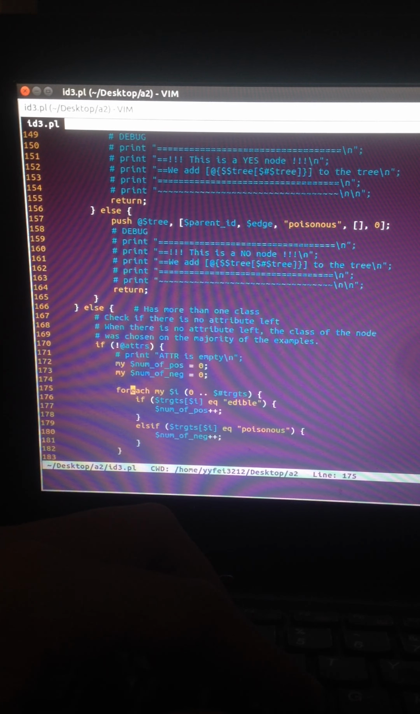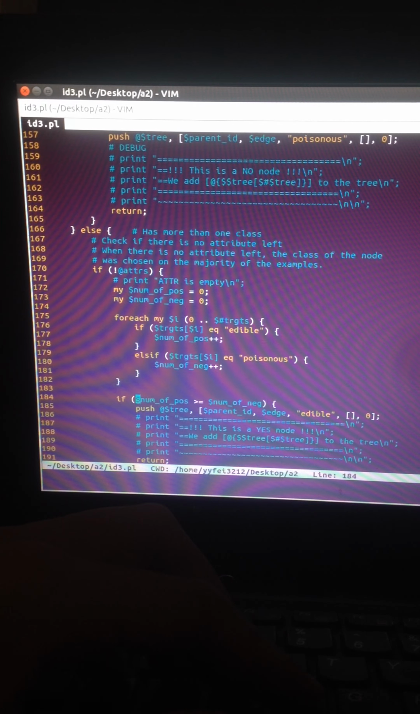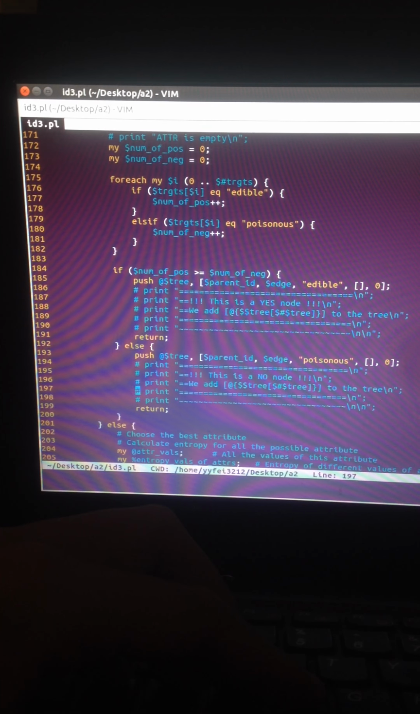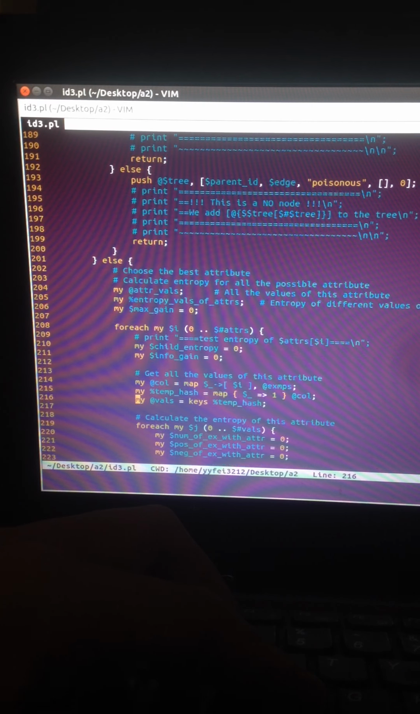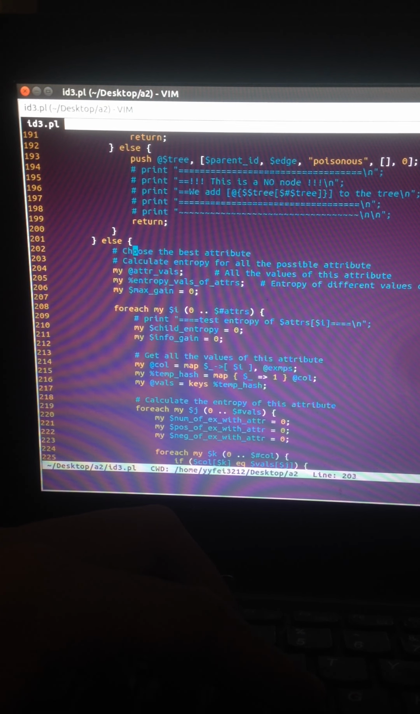And then, if it has more than one class, I need to check if there are no attributes left in the attribute array. If the attribute array is empty, that means we've already reached a leaf node. So I need to check if it's a yes node or a no node. And if this is not a leaf node,